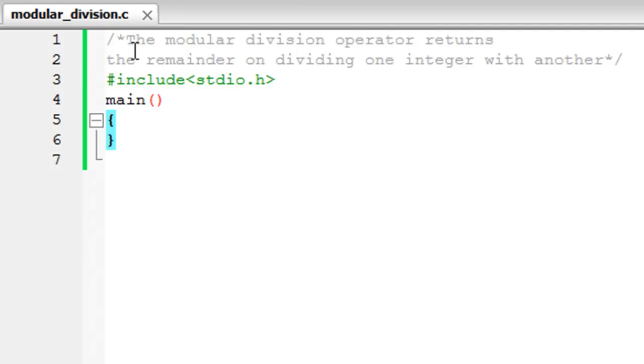Now you can see that I've saved this file. It's called modular_division.c. On lines 1 and 2 I have a comment, and on line 3 I have the header file. On line 4 I have declared the main function. I have the curly braces, so we are set to type in our code, and what I'm going to do in this tutorial is I'm going to create two variables,